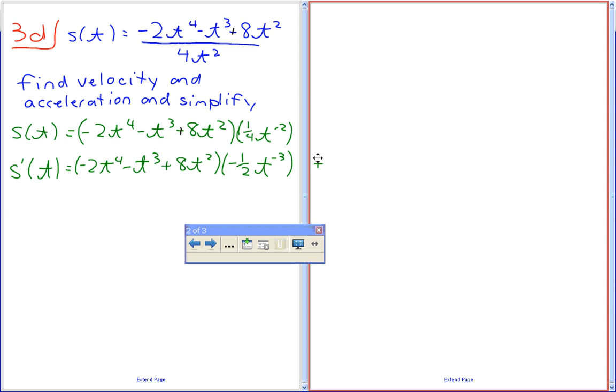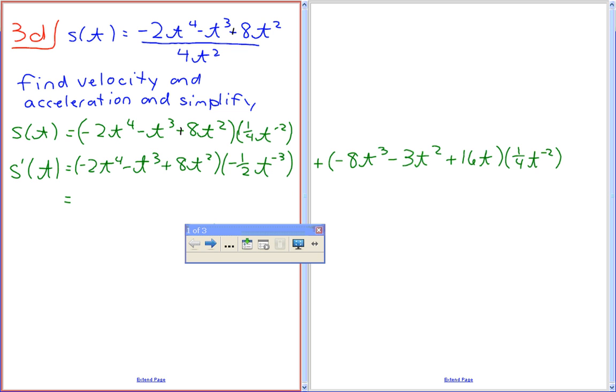Then that's going to turn into negative 8t cubed minus 3t squared plus 16t, then times quarter t to the power of negative 2. Now it says simplify when possible, so I'm actually going to simplify this right now. So I'll leave this as